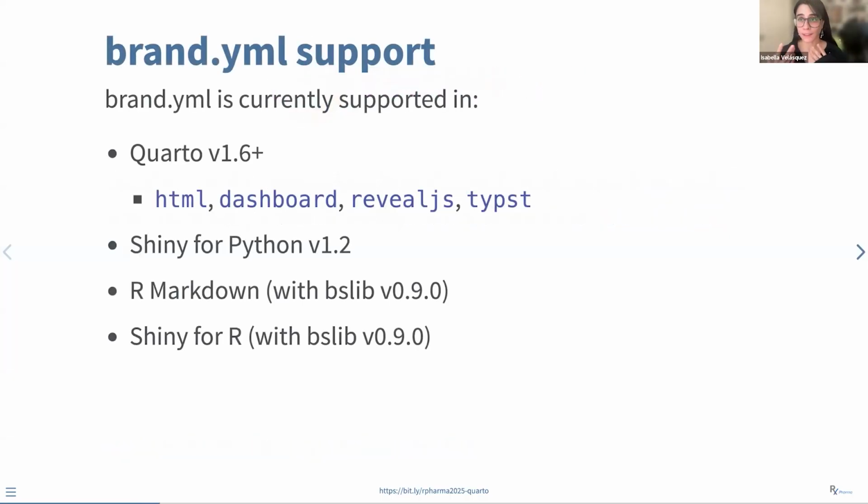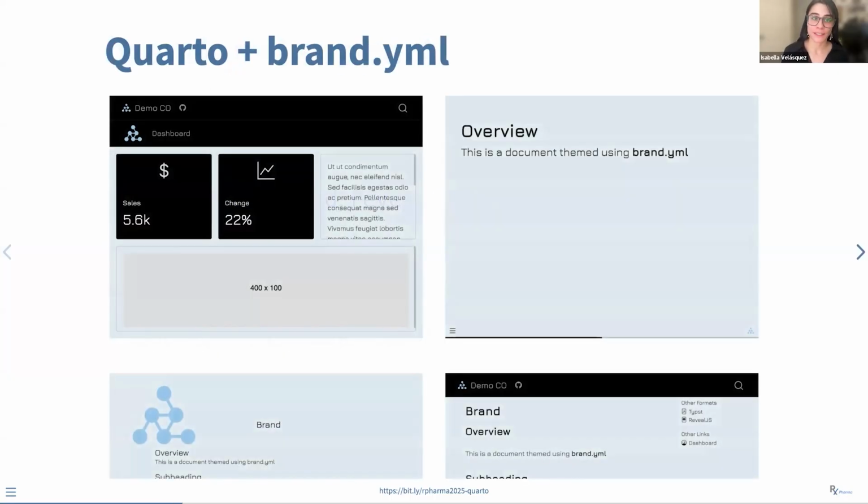Brand YAML is relatively new. Right now, it is supported in Quarto version 1.6 and above for the specific formats of HTML, dashboard, Reveal.js, and Typst, all formats that we've talked about, coincidentally. It also is supported in Shiny for Python. And if you upgrade to bslib 0.9.0, it's also supported in R Markdown and Shiny for R. But today we're going to focus on